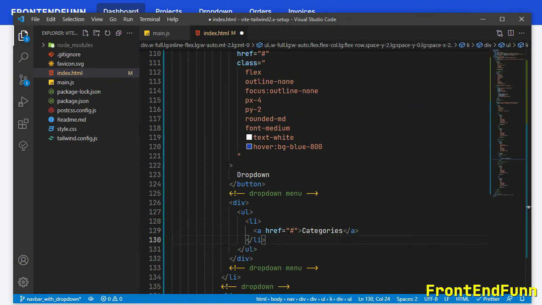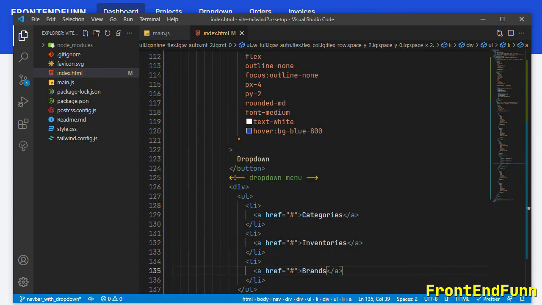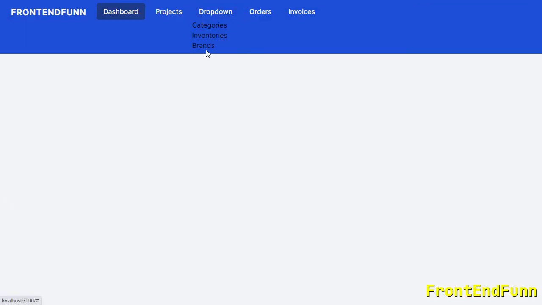So categories, inventories, and brands. Okay, so these three links will be inside the drop down menu.